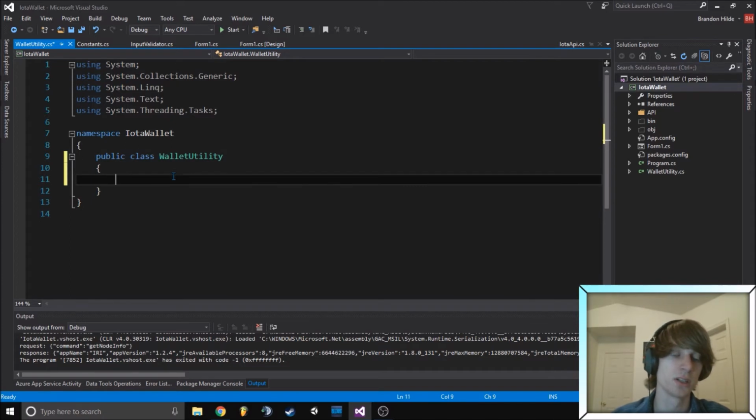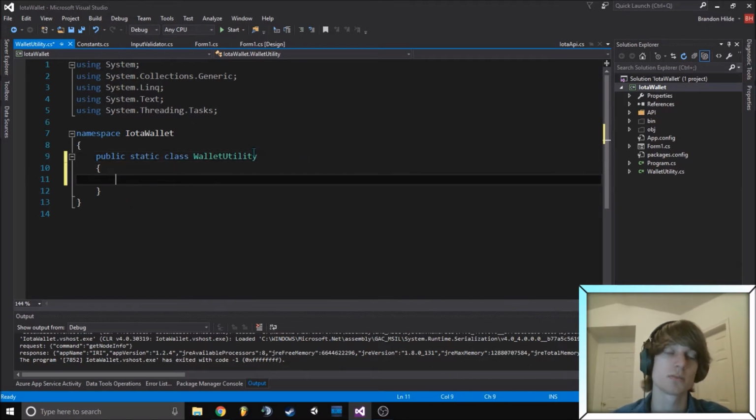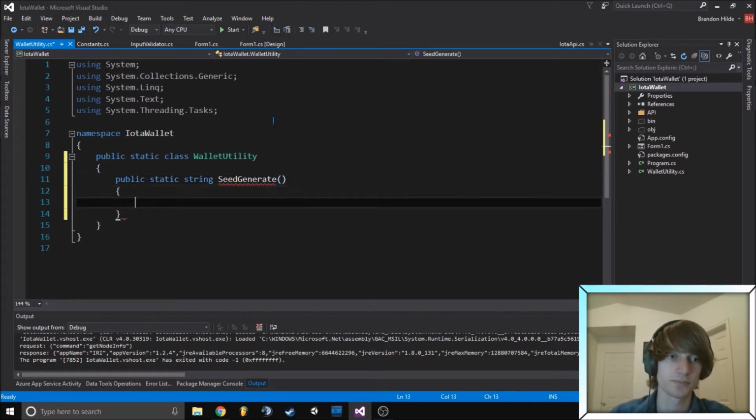And in here, well, it'd probably be a static. There's no reason to have utilities not be static, at least I think so. Yeah, I think it's fine being static. So we'll go ahead and add a class, public static void or string, and then we'll call it seed generate, and then return. Right now, while we're coding, we're going to leave that as that, but soon,